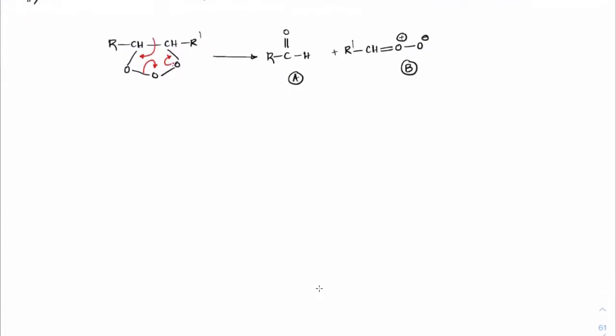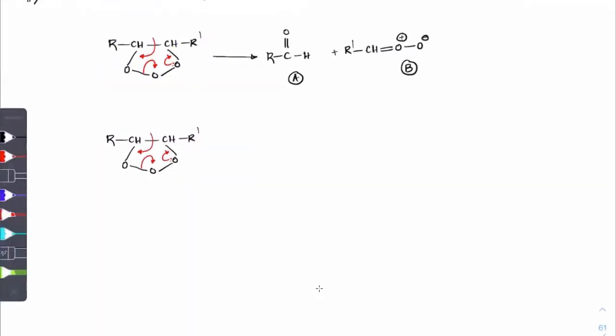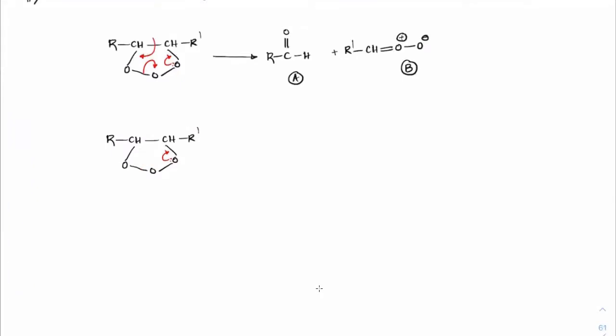Same way, if I take the same molozonoid here, just changing the arrows now, because that product is also equally probable. So the lone pair is on here, correct? So the bond breaking is happening on this side. This bond is breaking on oxygen. This lone pair is supporting the oxygen.